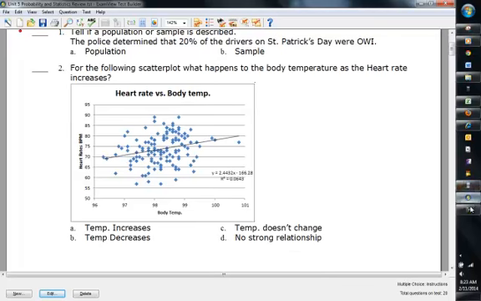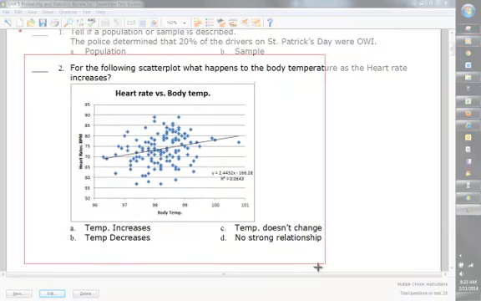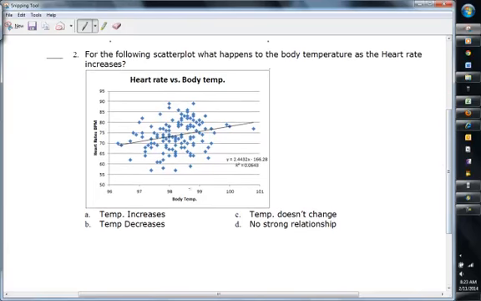Okay, this is one of those scatter plots. We're used to scatter plots, right? We know what we're doing. Let's look at this one. For the following scatter plot, what happens to the body temperature as the heart rate increases? Notice body temperature is the independent axis. Heart rate is the dependent axis. So they're saying that whatever body temperature you are determines what your